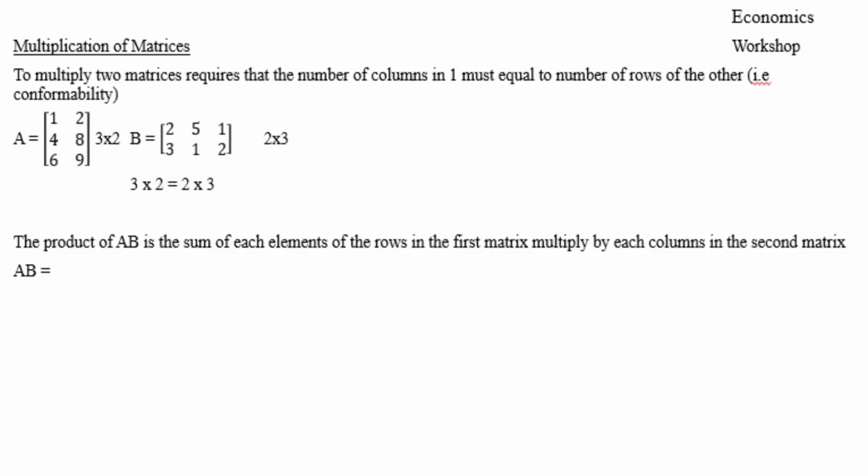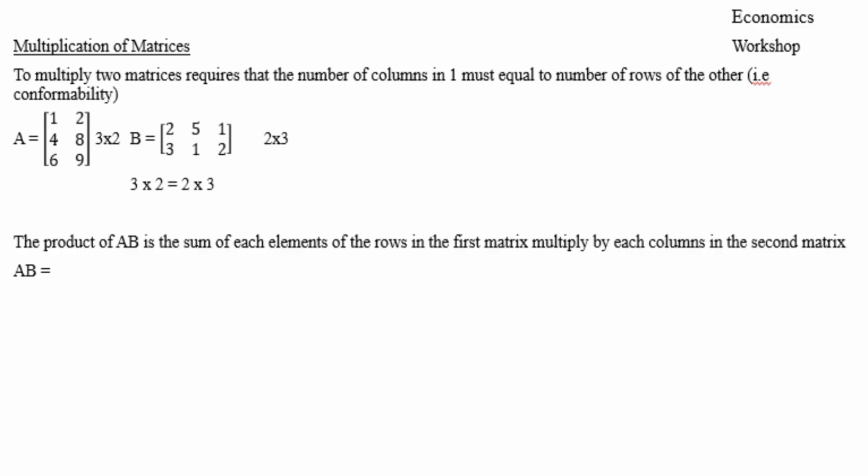Multiplication of matrices. To multiply two matrices requires that the number of columns in one must equal the number of rows of the other. That is conformability. So in order to multiply two matrices together, the number of columns in the first matrix must equal the number of rows in the second matrix. We have two columns here and we have two rows here. So conformability is